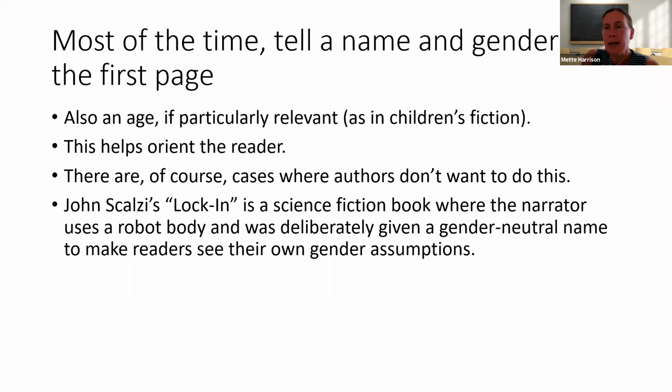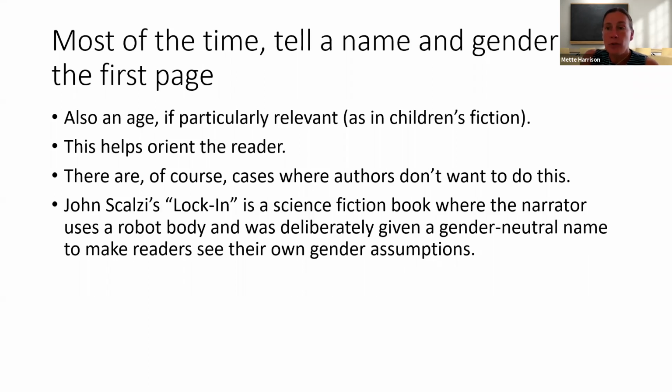If you haven't told me how old your character is on the first page, then I'm going to sit there trying to guess at, are they 12? Are they 15? Are they 9? And it makes a big difference in the story if these events are happening to a 9-year-old versus to a 15-year-old. One of the things that's saddest for me as a critiquer is to say, I'm sorry, your 9-year-old feels too old, or your 15-year-old feels too young. So if you establish it early on, maybe even in your head you can remind yourself, okay, is this how a 9-year-old sounds? Or is this how a 15-year-old sounds?